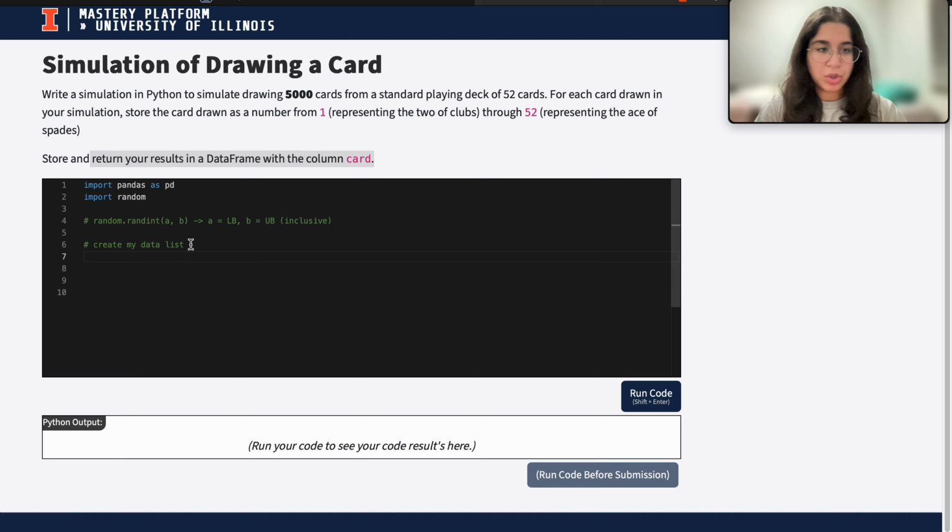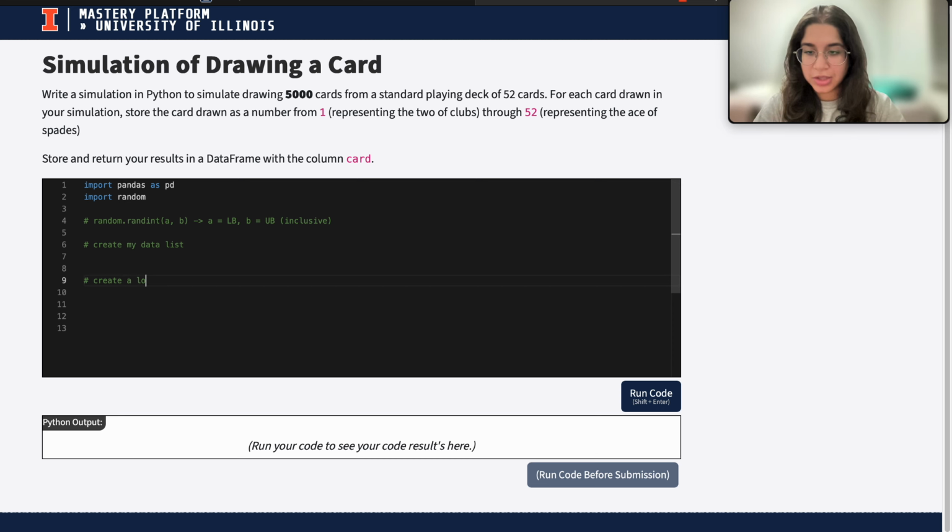I'm going to choose a list because it's easier to compile into a data frame at the end, after all those 5,000 cards are drawn. So the first thing is to create my data list, and my second step would be to